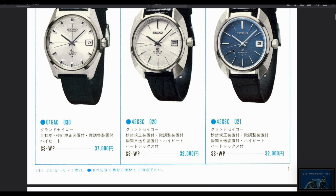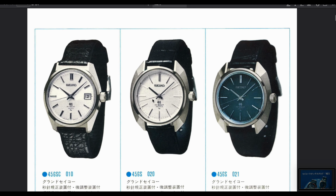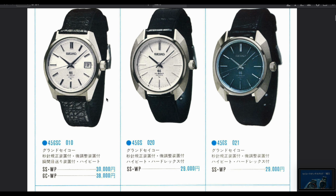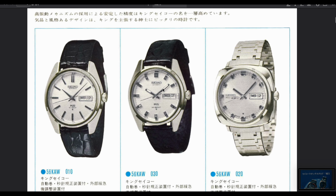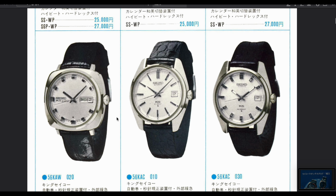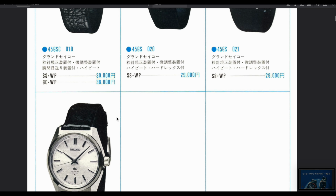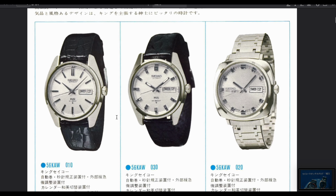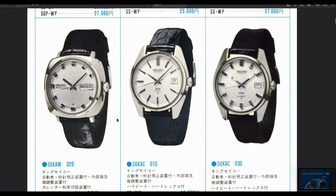Seiko loved using this case style. Again, it's got that kind of sword look to it. Oh, notice those are 45s. And then it's interesting. So we went to the 61, went to the 56 from the 45s. And then we're at the 56. So now we are doing